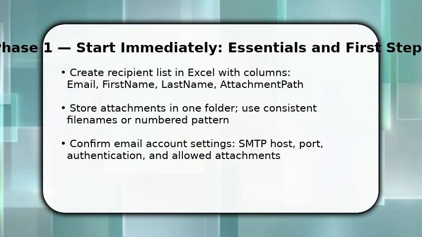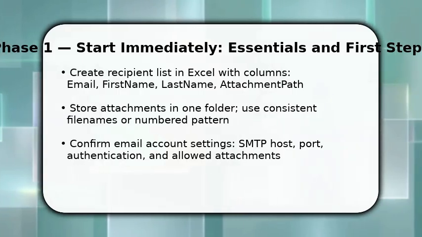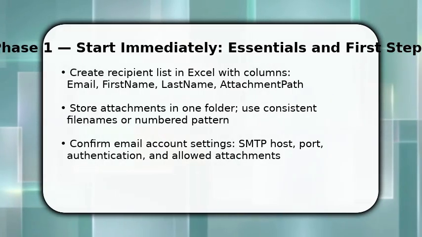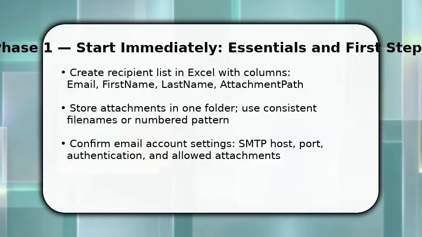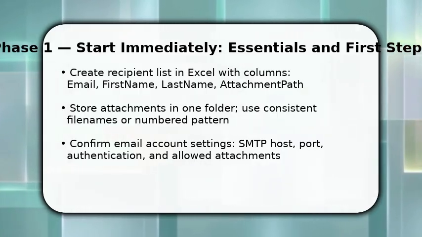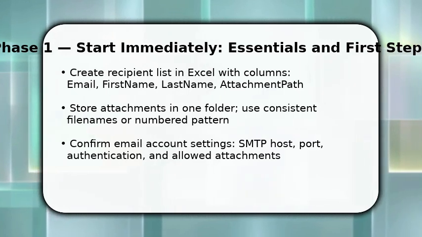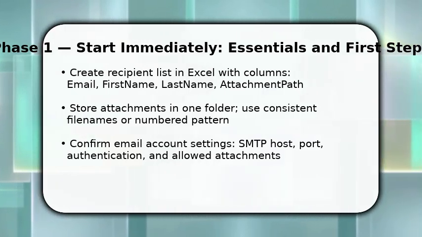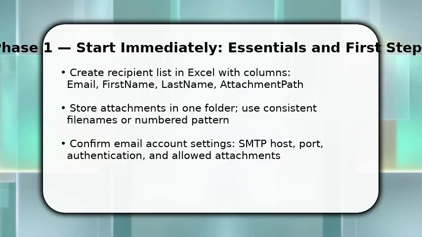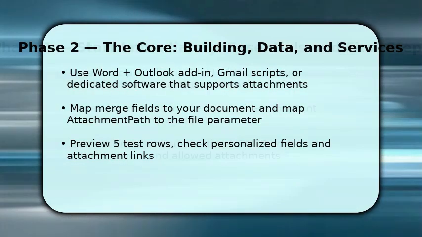add-ins can find them. Next, make sure your sending account allows SMTP or API access. Otherwise, you can't deliver attachments. This step avoids common lookup errors and prevents failed sends later. So be precise now. Now configure the mail merge tool you chose, Word with an add-in, a Gmail app script,